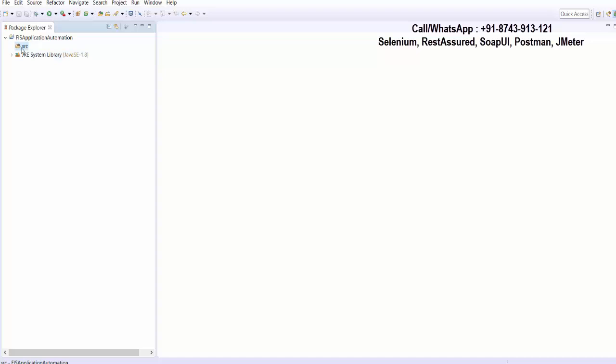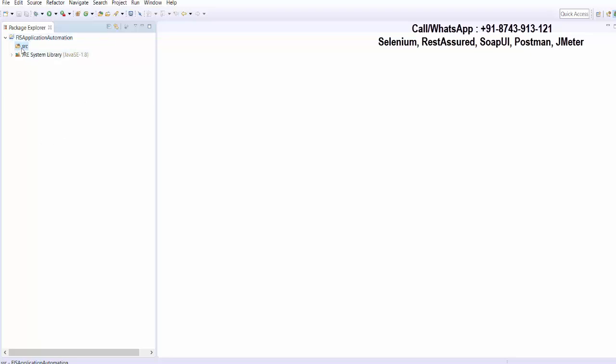So later on, how will we identify which test case is a login test case and which test case is a registration test case? So it's always a good practice to distribute them in different folders. In normal language, we call it folder, but in Java, we call it package. So inside the project, first of all, we will create a package, and inside the package, we are going to write our test case files, or I'll say coding files.